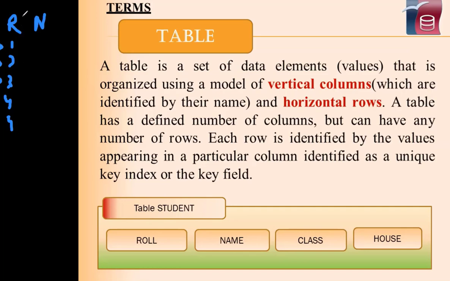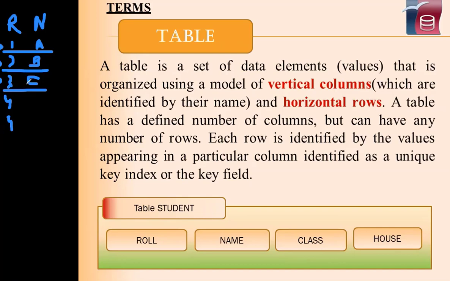How many fields are there? There is only one field over here because I've got only roll number. But if I have name also, then I will have 2 fields in this. Now, this 1 and A together will make one record. This 2 and B together will make one record. So records are made up of columns. They are made up of a number of fields, the item in each field, the related item in the